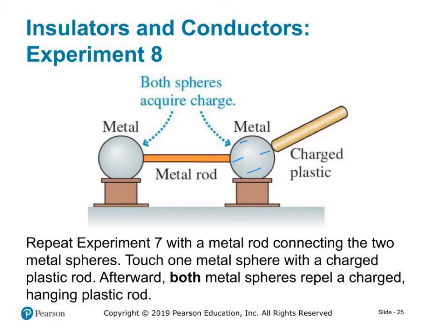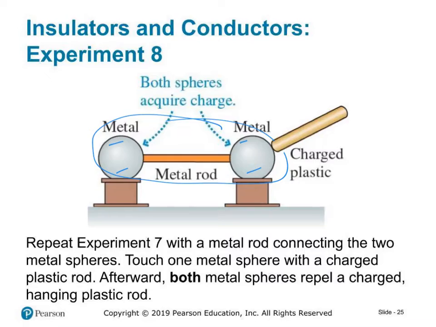However, since they're connected by a long metal rod, the charge is going to spread out evenly over this whole system here, okay? Over all the conductors. So 2 of the negatives are going to move over to this metal ball, and 2 are going to stay on the first one so that it is evenly split. We're going to ignore the metal rod right now. We're going to say it's negligible. So if they are connected by an insulator, the charges can't move, but if they're connected by a conductor, it